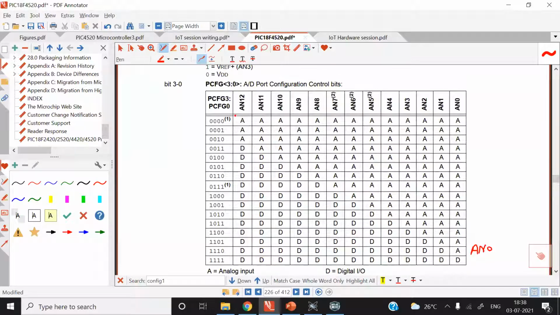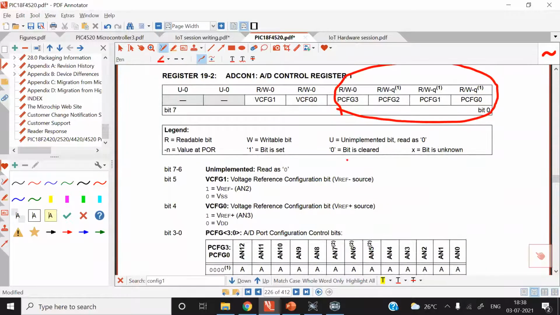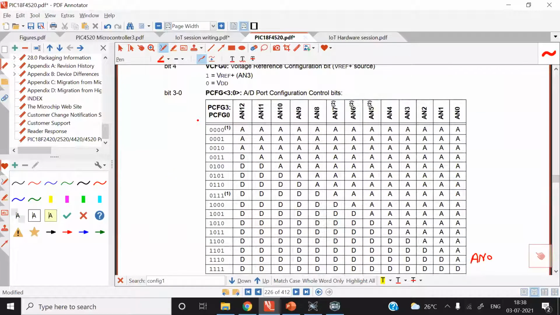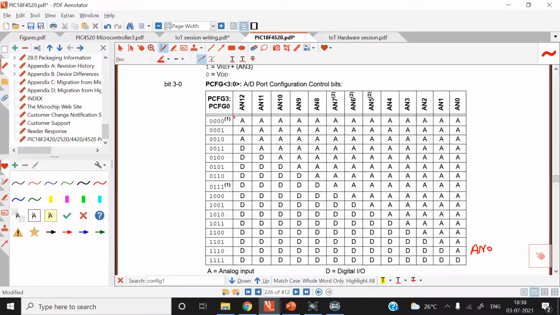In total there are 13 channels in the PIC18F4520, and we can make the channels analog or digital depending upon the bit values of these last 4 bits, that is PCFG3, PCFG2, PCFG1, PCFG0. Those 4 bits are mentioned in this table. If the last 4 bits are 000, then all 13 channels become analog.